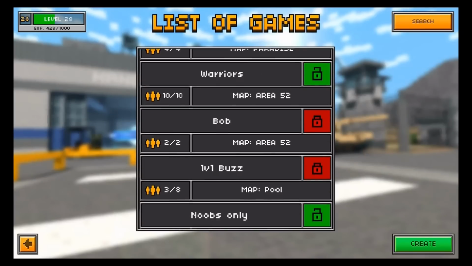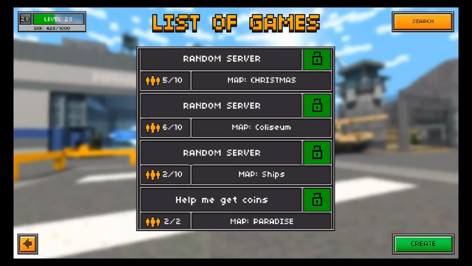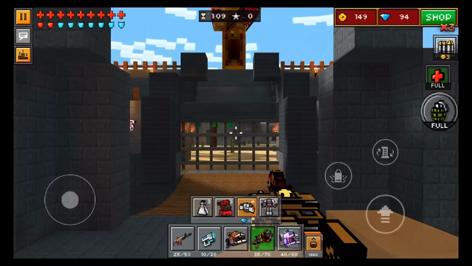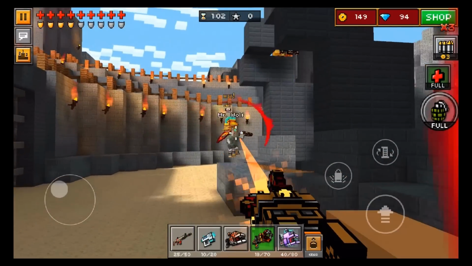So let's go into another close range map here. Silent School is a fantastic one for this weapon, and let's go find another one. I would imagine that probably Coliseum is another great one, so let's go into Coliseum. Coliseum is a pretty intense map where you will probably encounter a lot of area damage weapon users, so just keep that in mind when you use this weapon in Coliseum, where you will be blasted around